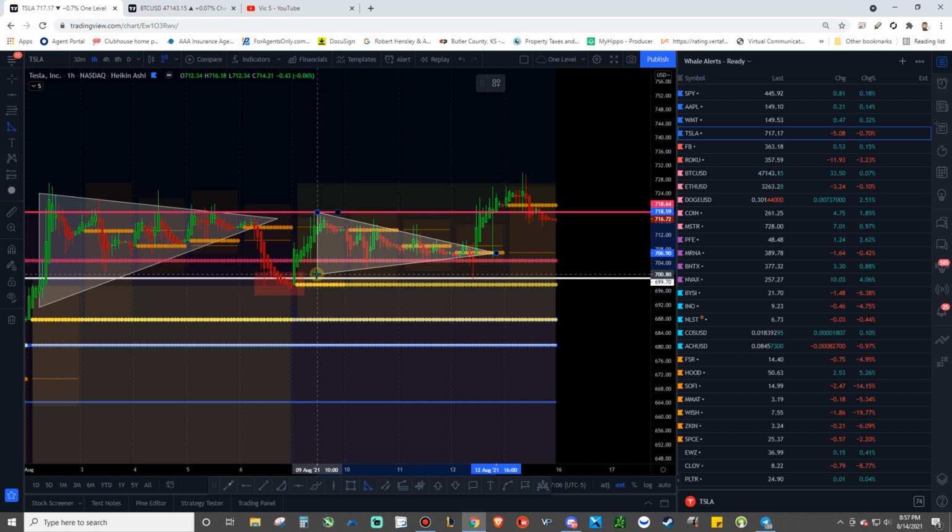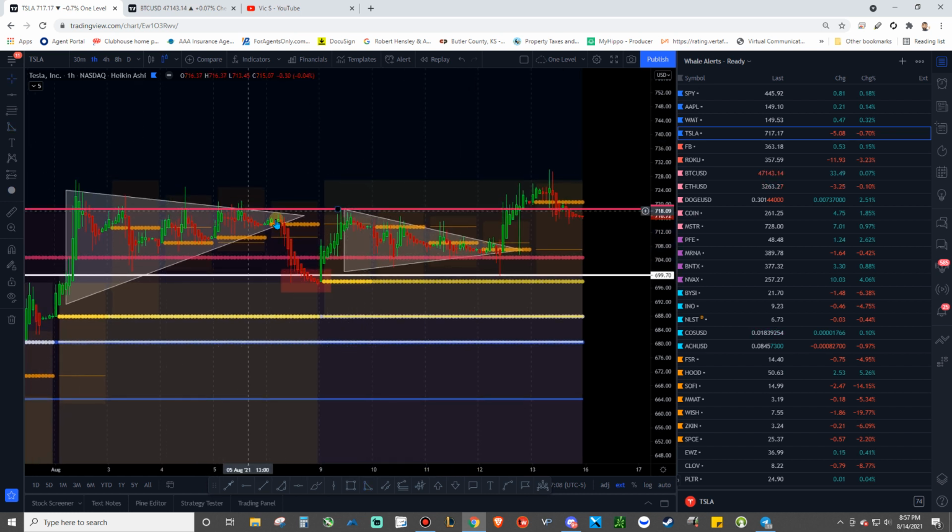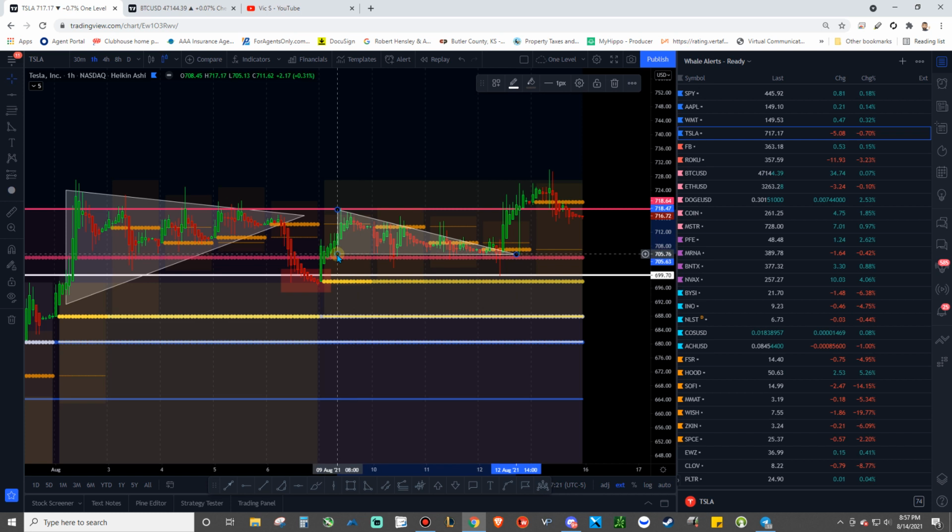It's a similar triangle, but look, it's a little bit different because you have the triangle setting up right underneath last year's high. This time they brought it down into last year's close. So, my guess is they're playing games again. When I'm looking at this, I'm saying they're playing games again because